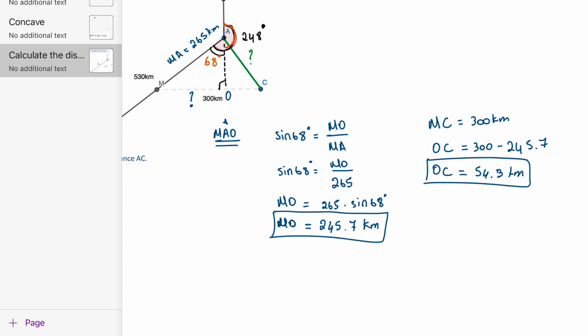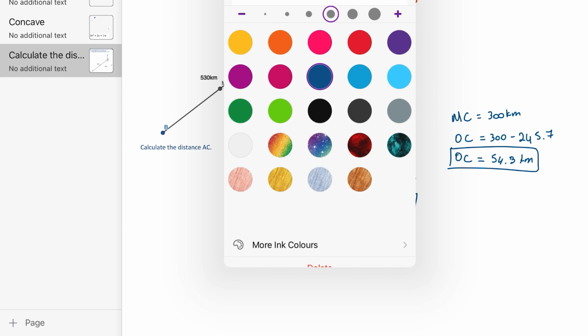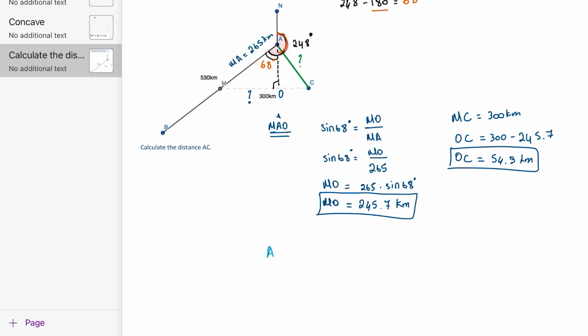Altogether is 300 kilometers. Since we found MO and OC, we can use the triangle OAC. Now, using this information, I will be able to find the side AO. Once I find the side AO and I know also the side OC, I will be able to find AC,